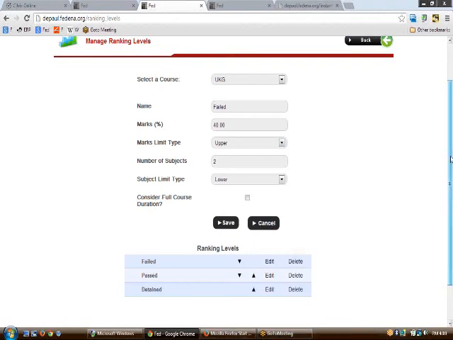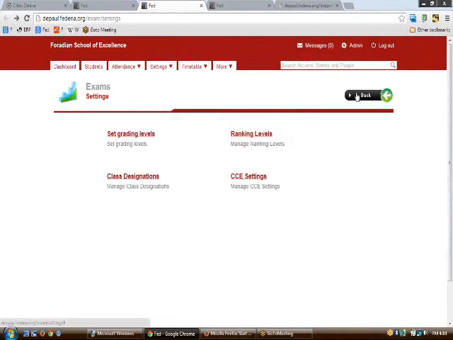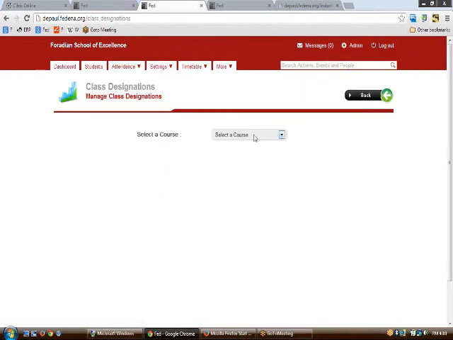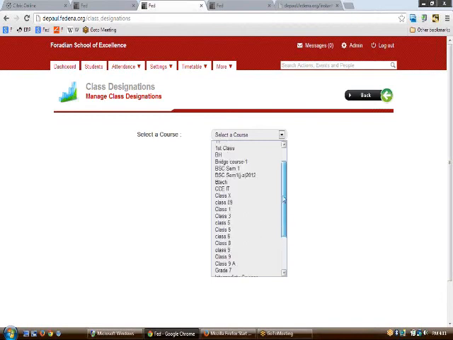The next part is to make the class designations. The class designations are the simplest ones, like the ranking levels, except that you don't have the percentage, but you have a different set of designations that are to be set for a particular batch.